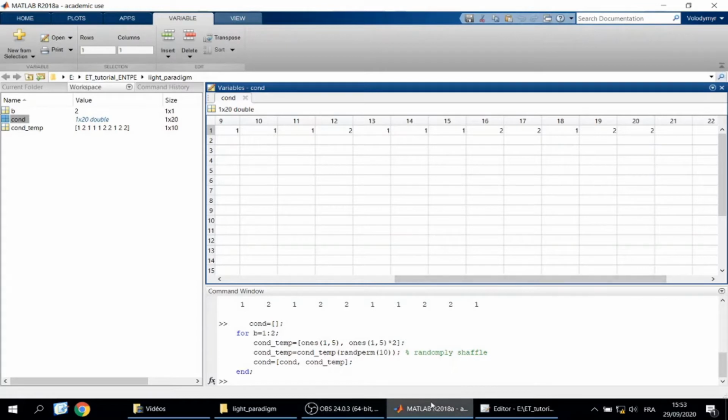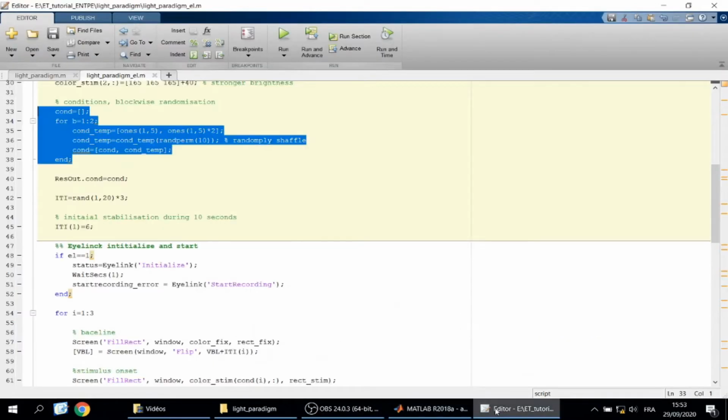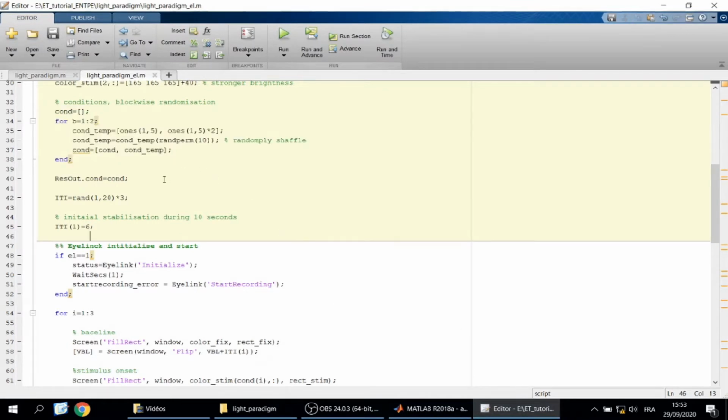We don't randomize the entire 20 sample array, so that we don't get by chance agglomerating of many conditions of one kind at the beginning of the experiment, and many conditions of a different kind at the end of the experiment. In total, there will be 20 trials,